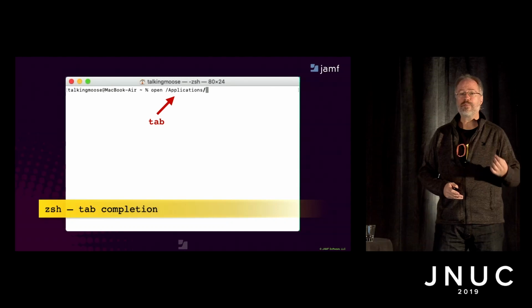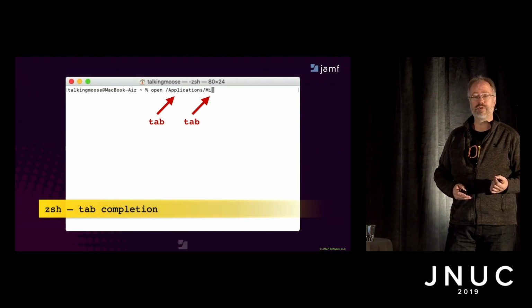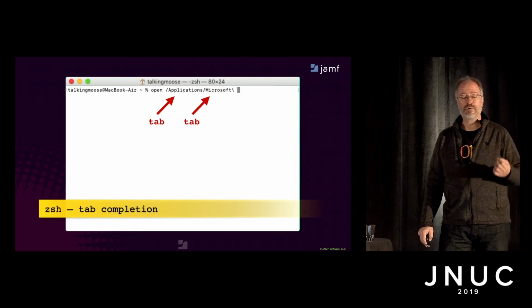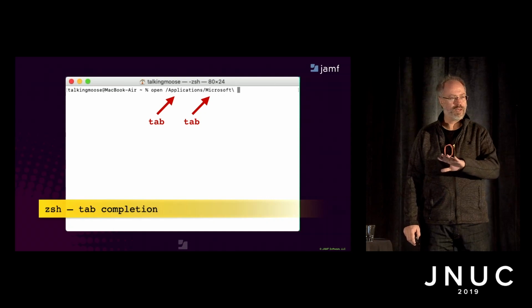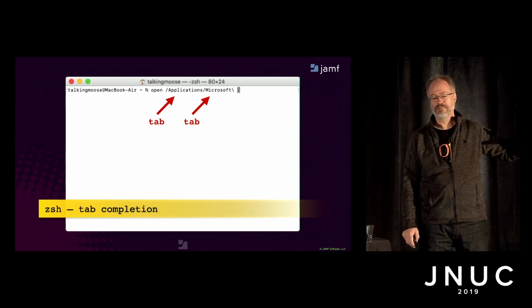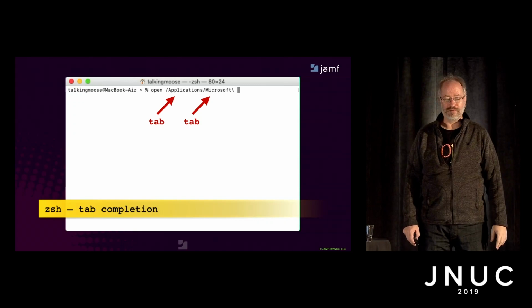All right, now I'm looking for Microsoft OneNote. So I'll start typing Microsoft, and I'll press tab again. And Z shell auto-completes the word Microsoft, but it doesn't fill out OneNote. Why is that? Can anybody guess? There's tons of Microsoft apps in there. They all start with Microsoft. So